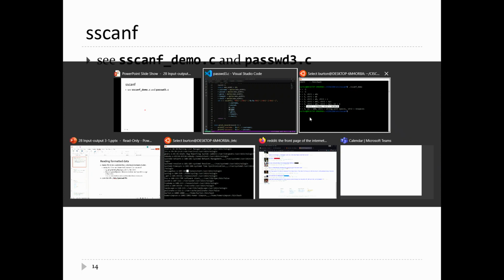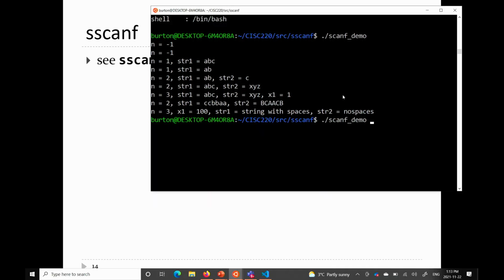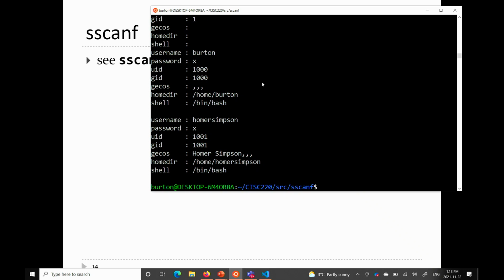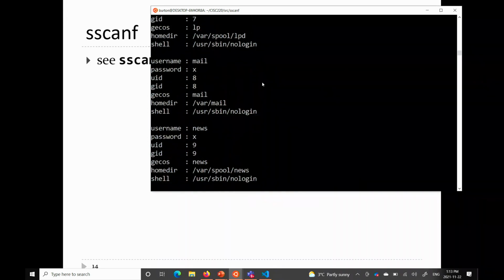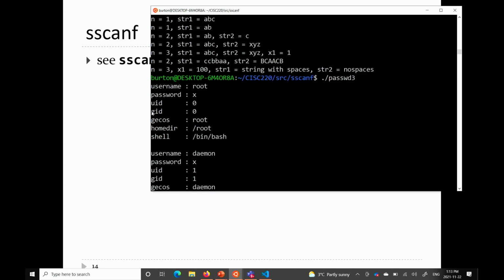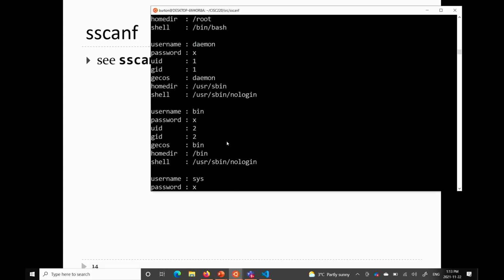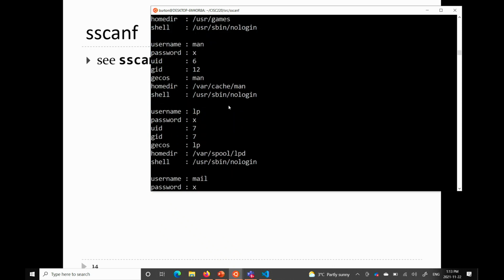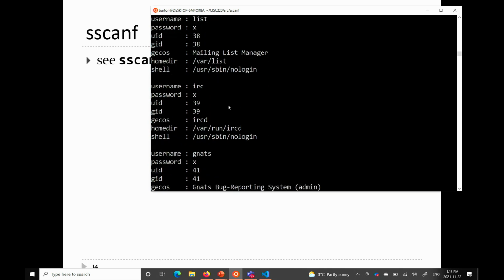Does it work? Password 3. OK, so let's see. It reads in the first record fine. Reads in the second record fine. And it looks pretty good, until you get to